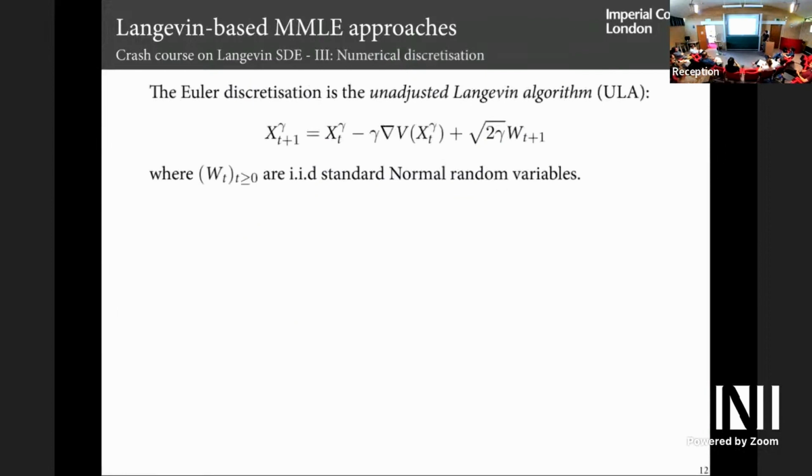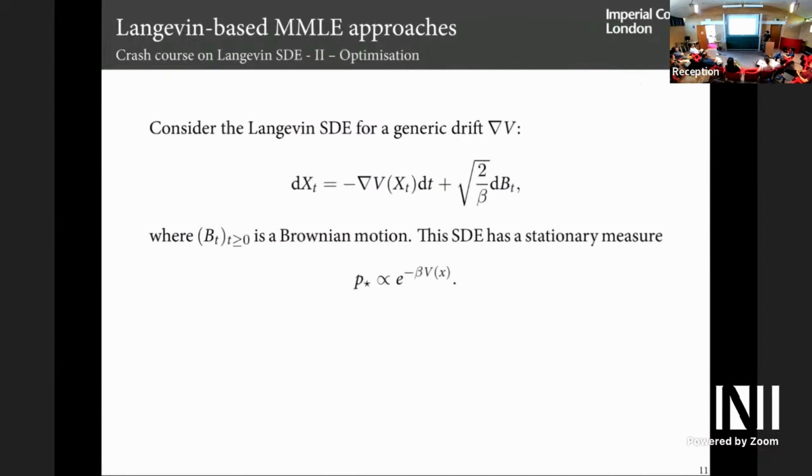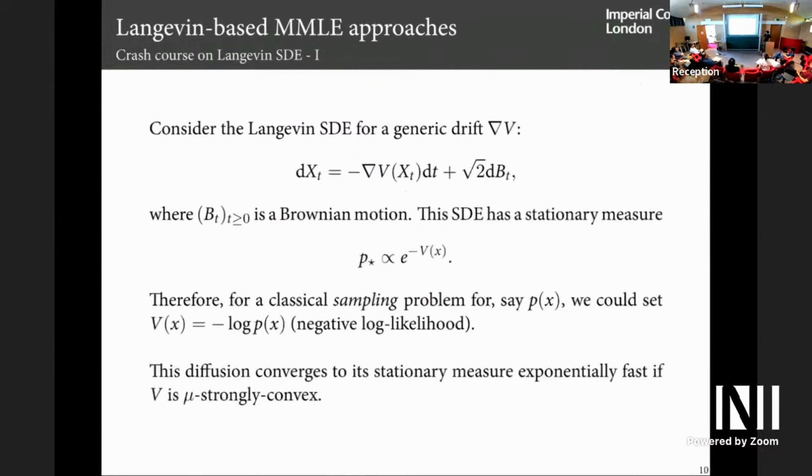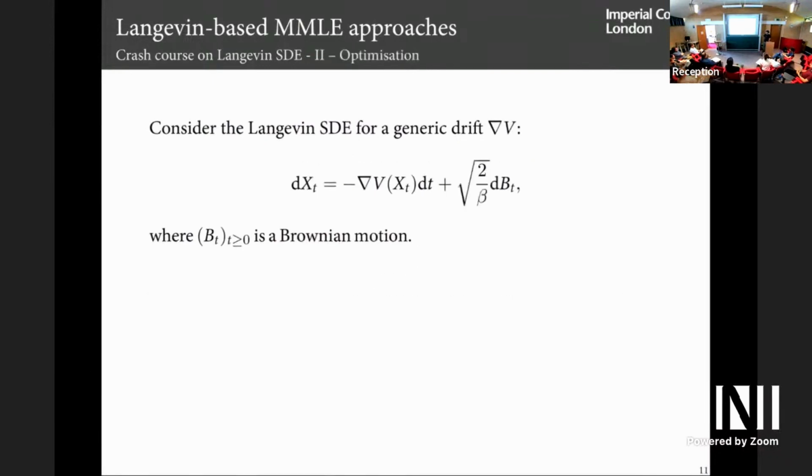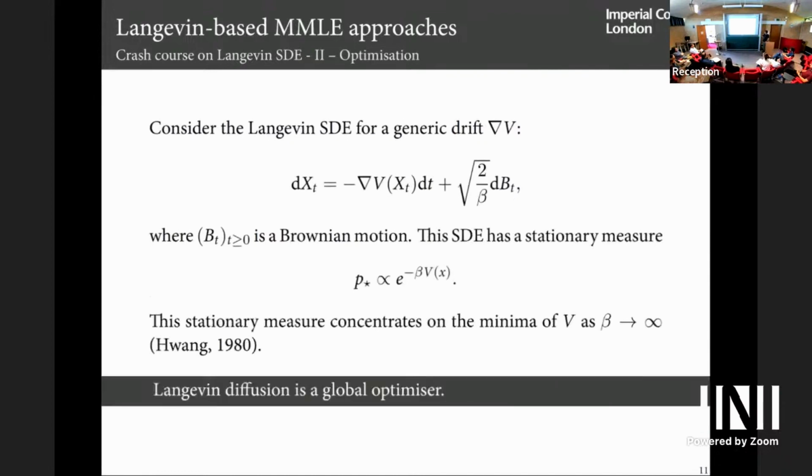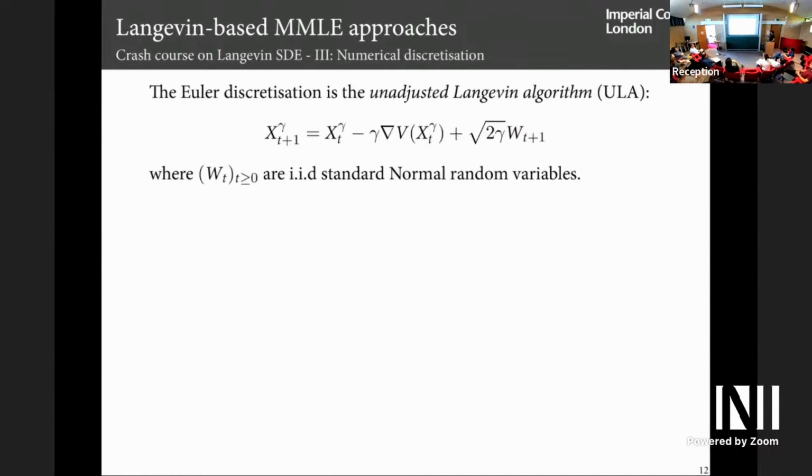So there is this then. So how can you use this diffusion? We said that there is an appealing theoretical property, that it converges exponentially and so on. So how can you discretize this with an Euler discretization scheme? And that's what's called ULA,